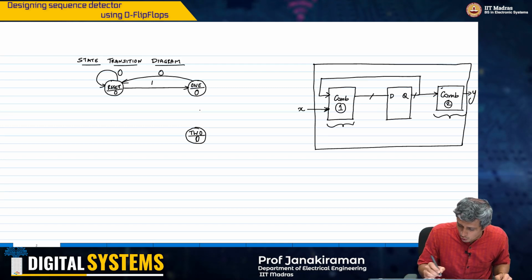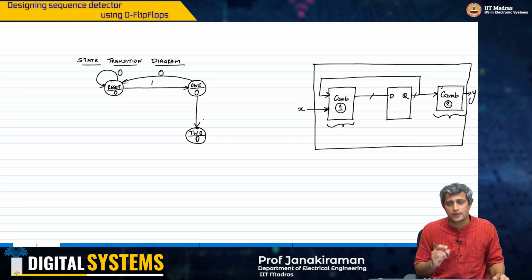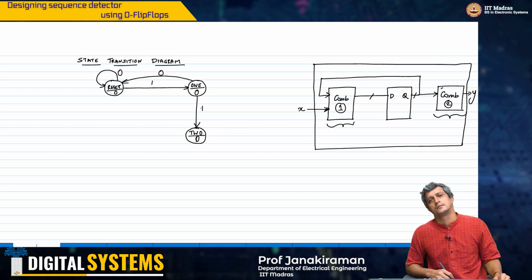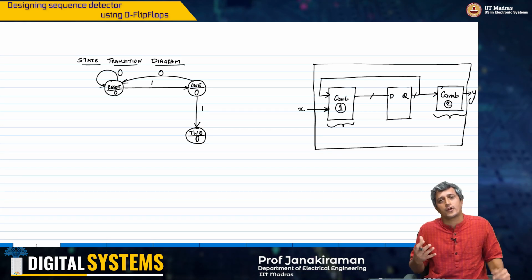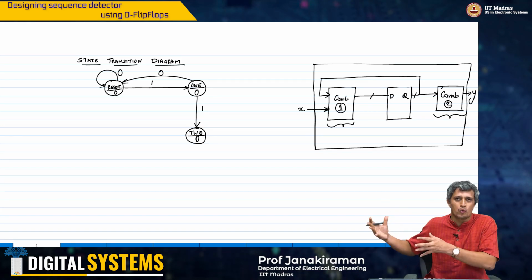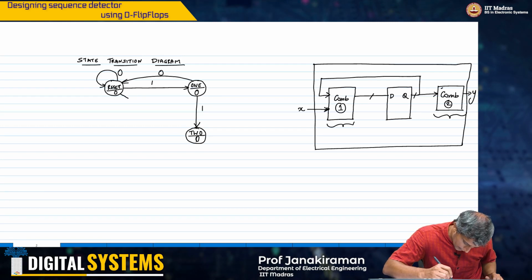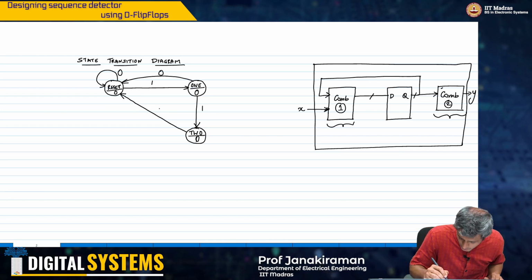And therefore you go back there. Now from here, if you see another 1, you go to state 2, that's an input 1, right? Again, from the state of seeing 2 ones, if you see a 0, you obviously have to go back to the 0,